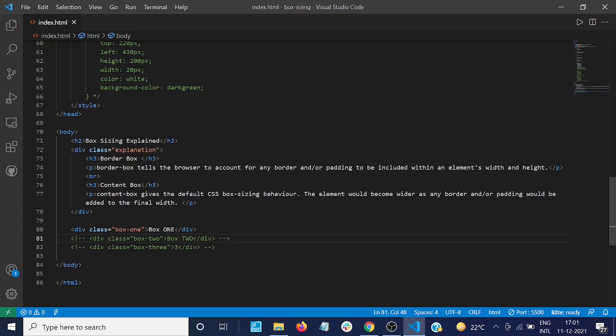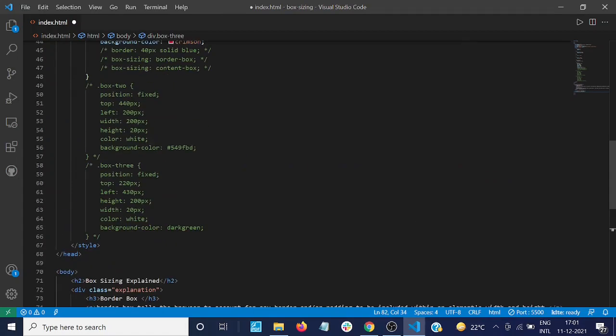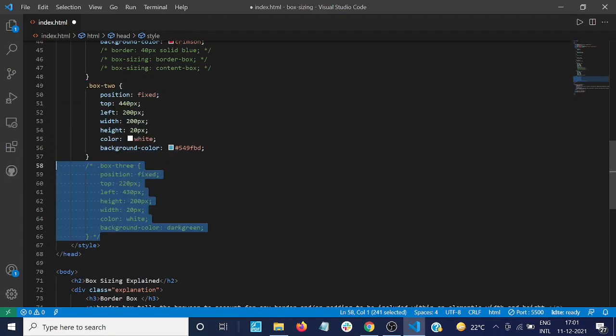Now let me uncomment them one by one. And if I save them, nothing would happen because I have not given any CSS property. So let me uncomment the CSS property and explain them, and we can see the output on the browser. So I have uncommented the two and saved them.